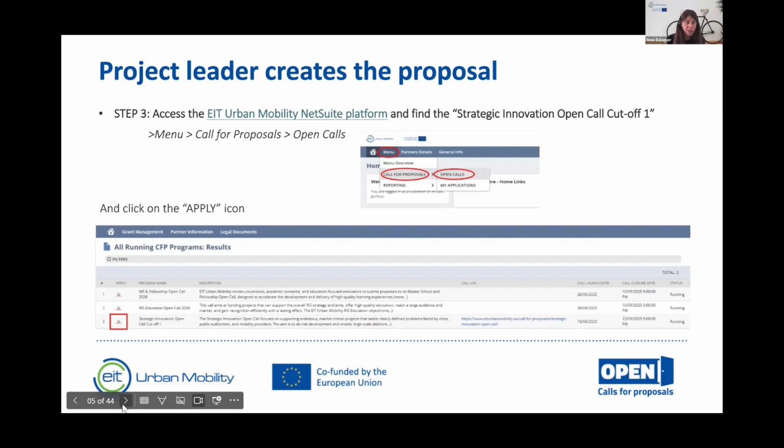As soon as all the partners have been registered and have the PIC number, a PIF and a NetSuite account, the project leader can create the application form. The project leader has to log in to the NetSuite platform, go under the menu to call for proposals, and in open calls you will see the current calls that are open. You have to go to the strategic innovation open call, clicking the apply icon. As soon as you create this proposal,